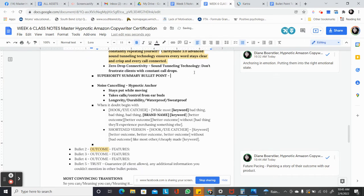We most frequently use these when we have a product that we have to juxtapose, but there's one or two major problems with every other product out there, and it can be the same. You remember that when we're superiority positioning, we're hand picking things that other products may already have. Okay, and we're giving them a hypnotic anchor, or we are saying them differently in a way that resonates more with the customer's mind. Okay, so if you do a superiority summary bullet point for your first bullet point, okay, you're looking at something like,